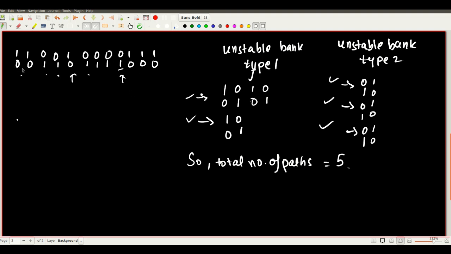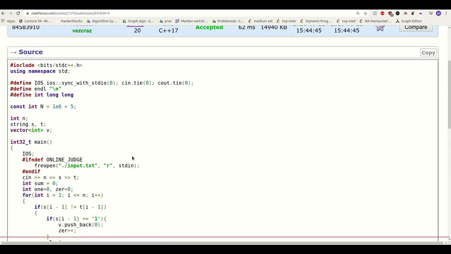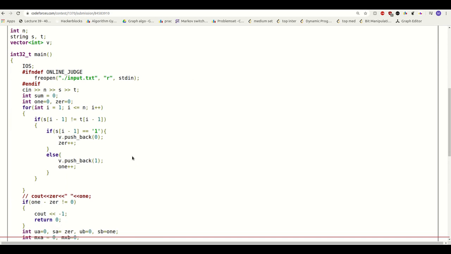So for the first index, the maximum possible that I can stretch to a type 1 type 2 alternating configuration is 4. Similarly for all these elements. Now coming to the code for this question, what I have is